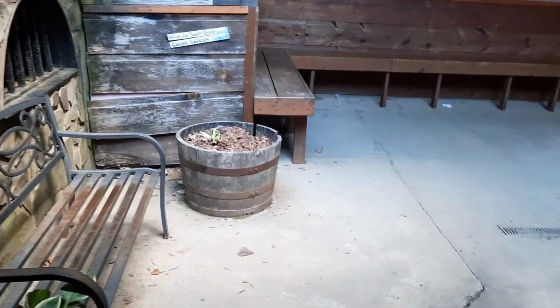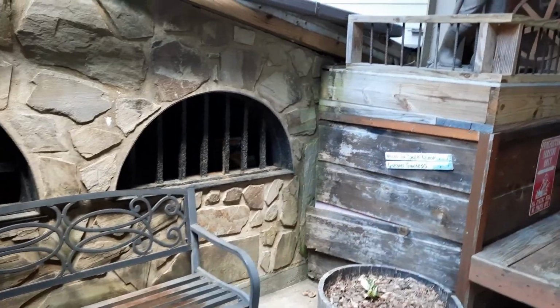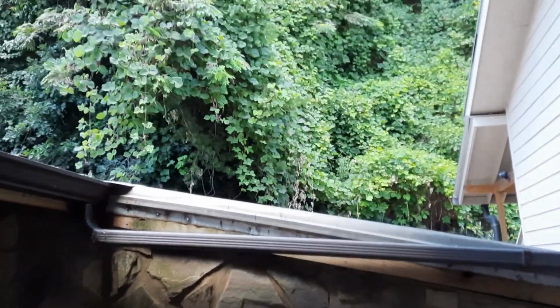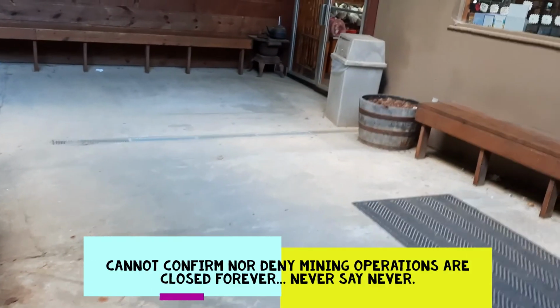But the mine was full of water. They had to pump it out. It was not cost effective. And of course you can't see it here, but up there is, believe it or not, Wally World. So they sold the property adjacent to the mine, and probably right above the mine, to the nice folks at Sam Walton, and then it was